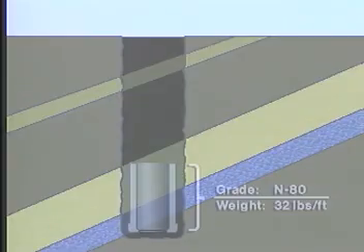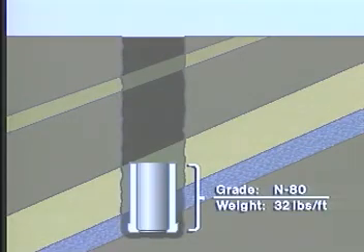A string of casing is subjected to severe stresses during its life underground and must be designed to have sufficient strength to prevent its collapse from external forces, its bursting from internal forces, and its parting due to tensional failure. Typically, the design of each casing string begins at the bottom of the open hole section with the lightest weight,